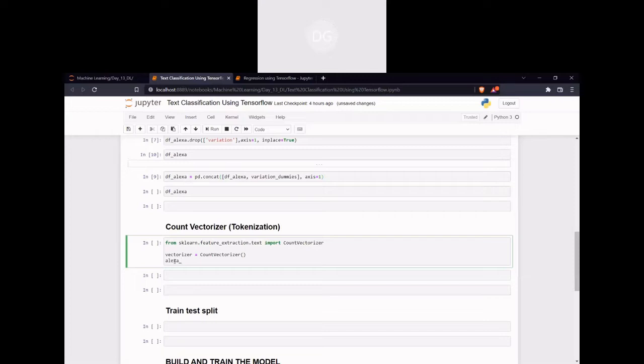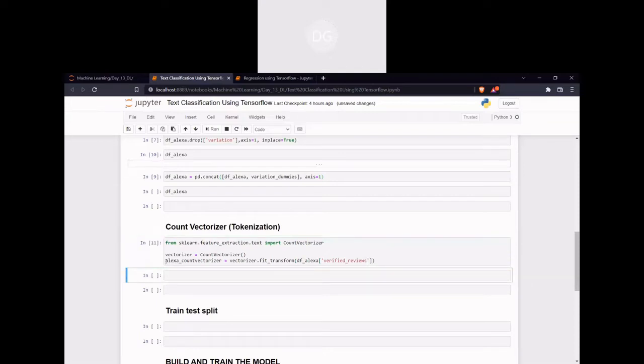So Alexa count review, or anything you can give, equal to vectorizer dot fit transform, like how we do for scaling, standardization and normalization. Similarly for text we are doing this: df Alexa verified reviews. Now we will run and check.